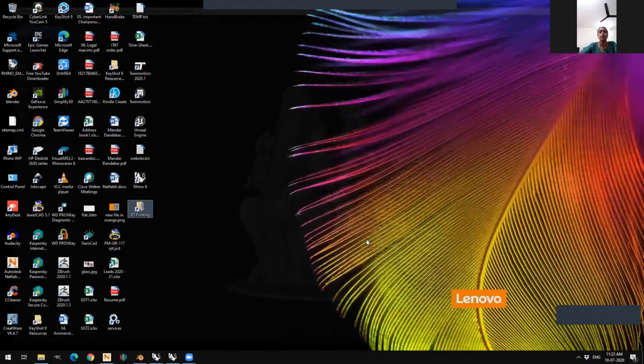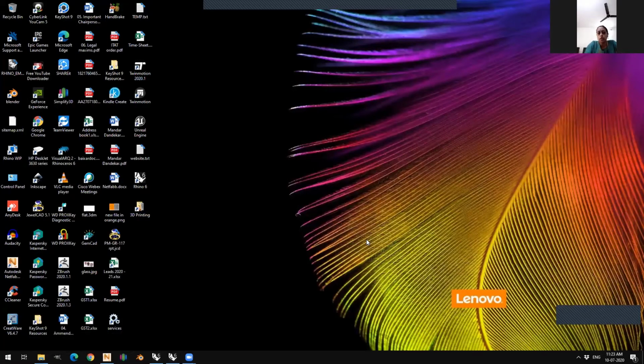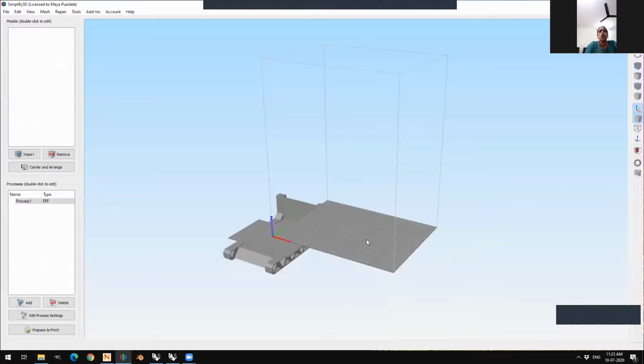machine software. Now there are different machine softwares. There is something called CreateWare for a CreateBot machine, or there are different softwares basically. So they are open source also as well as paid versions. Now the one I'm using is a paid version of Simplify 3D.